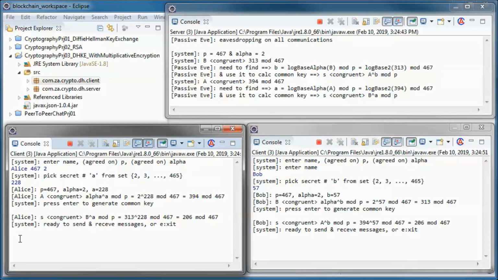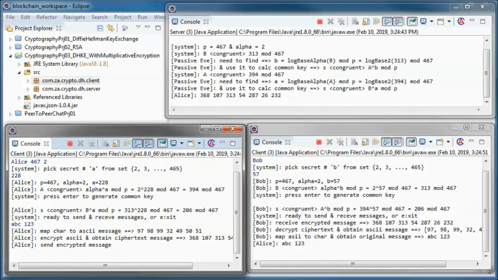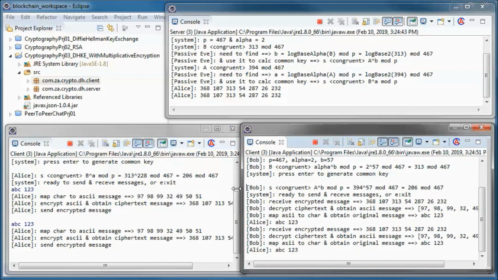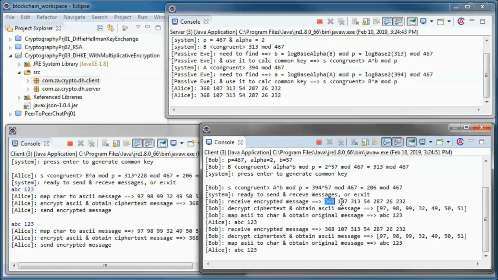So here we will be doing a deterministic encryption scheme, and what that means is, let's say we send this message from Alice to Bob, and if we send it again, we will be sending the same ciphertext.